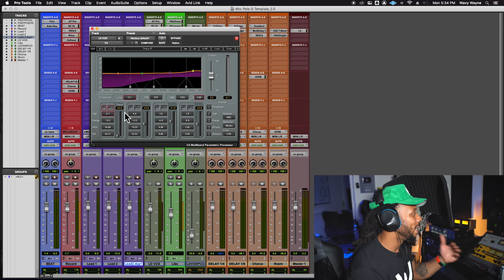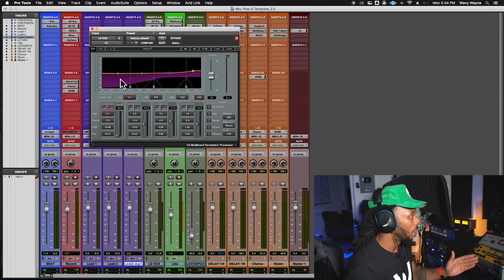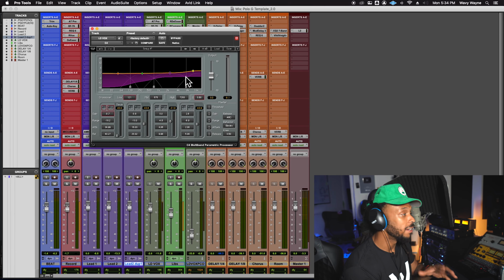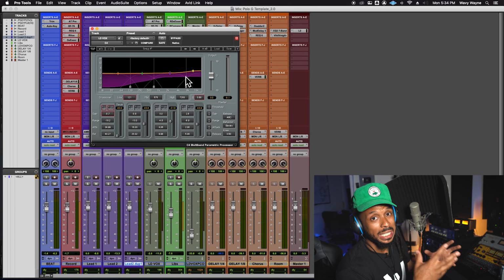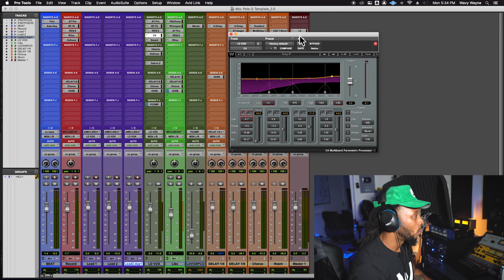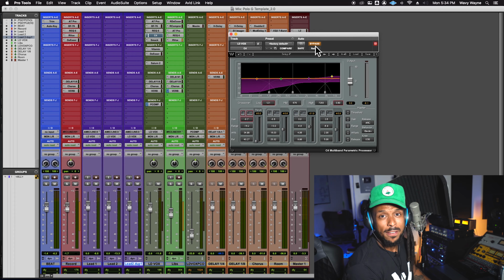All right. But yeah, I'm hitting each of the bands, the low band, the low mid, the mids, and the highs, treating them all a little bit differently. And this C4 is really shaping the sound of that vocal. I'm going to start off by bypassing this C4, and I'm going to bring it in so you can hear the huge difference it's making.